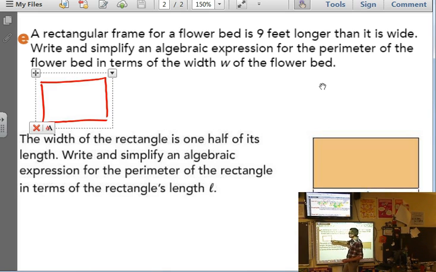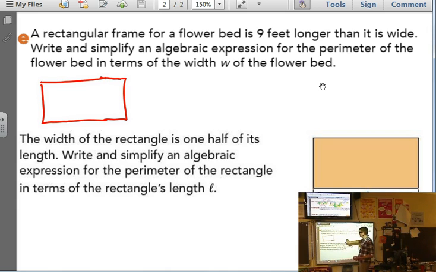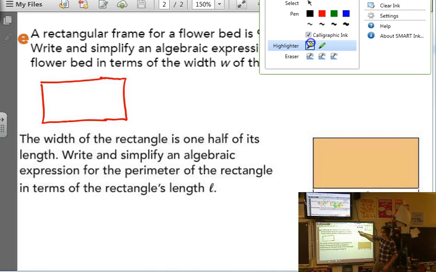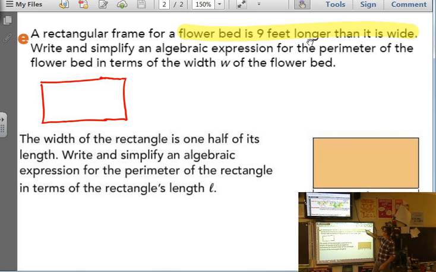How could I label this? And this is not drawn to scale. I would probably need to have it be a little bit longer rectangularly. How could I label this to represent what that told me? Ozzy, what do you think? How could I label this picture to represent this? I'd put